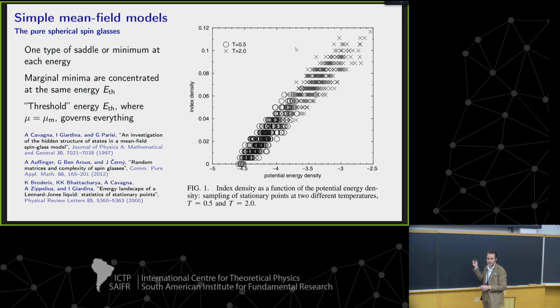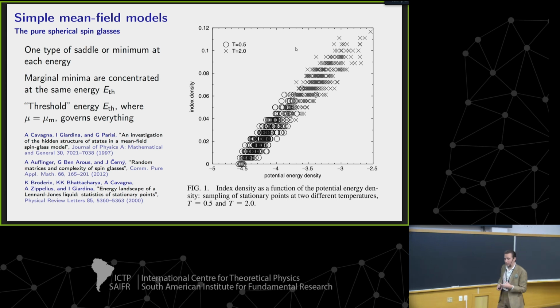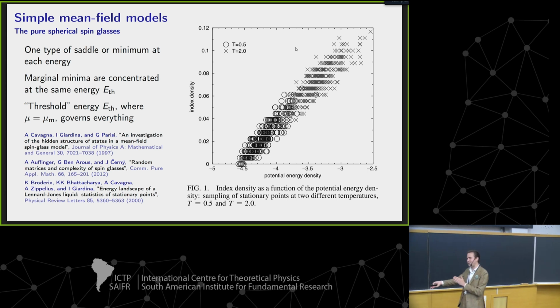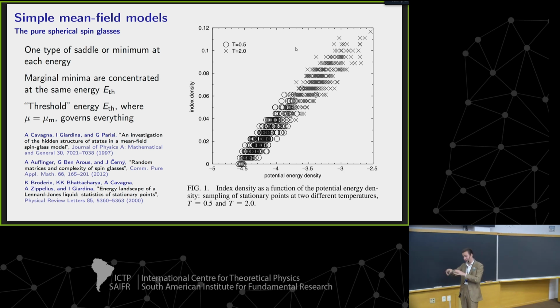This is not an important thing, but it's a motivating example. So it's natural to ask: the fact that we had this one-to-one correspondence between type of stationary point and energy was very nice. It let us, not rigorously, but quite surely say that we'd expect to find only a certain kind of stationary point at a certain level.